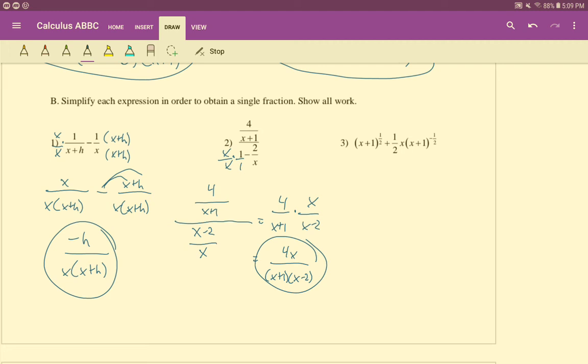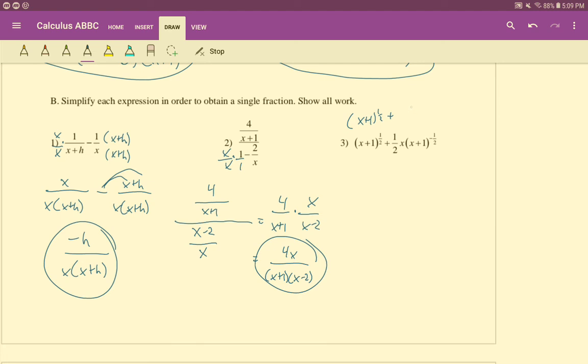Number 3, okay, if we look at this one, a couple options here about what we can do. So you might even wonder, like, wait, where's the fraction, right? There's no fraction here. Well, be careful. We have this negative 1/2 exponent here. And so if I were to rewrite this, you could think of this also as x plus 1 to the 1/2